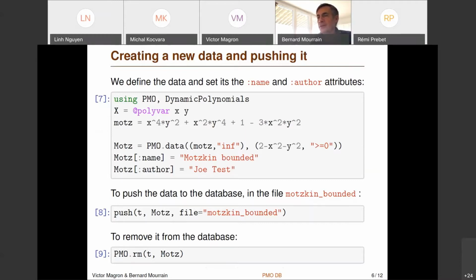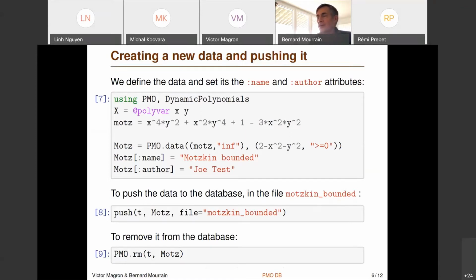We define this problem mods with this objective function and this constraint here. We give it a name to recover it easily in the database later. And we also define who is the author of this example, of this problem.